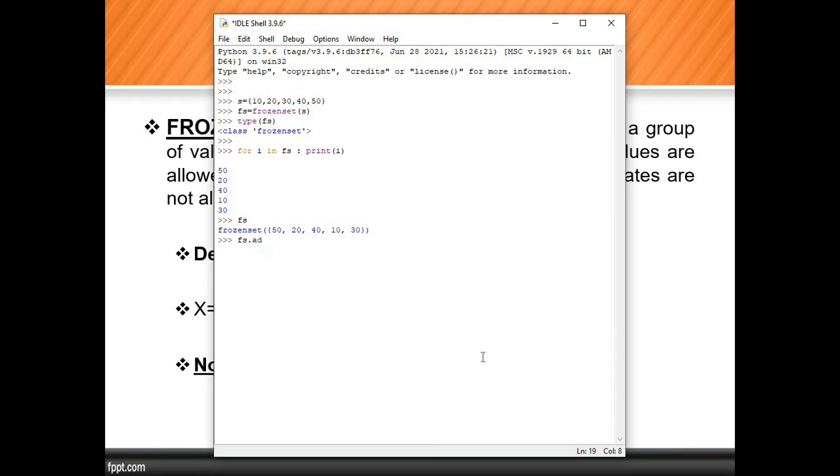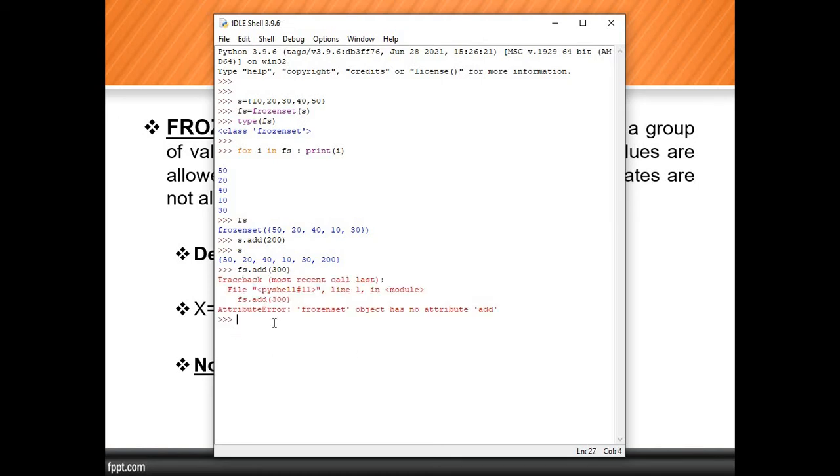fs dot add. Before that, I will show you the s dot add method. In that I am trying to add 200. Easily it will be added. What is the reason behind that? When I print s, 200 is successfully added. Why? Because set is mutable. Now if we try to add an element to the frozenset, here I will add 300, we get an error. Until now we saw different errors, but right now we get a different kind of error: attribute error.